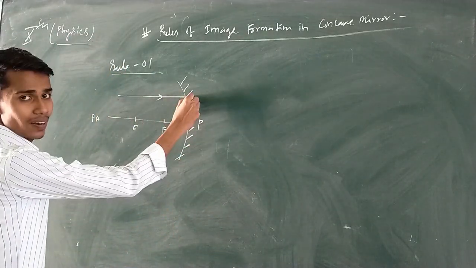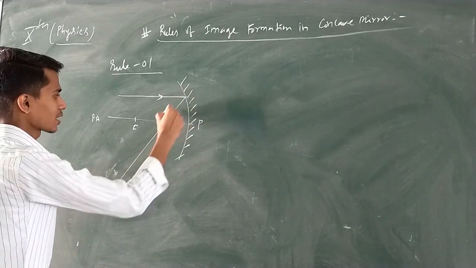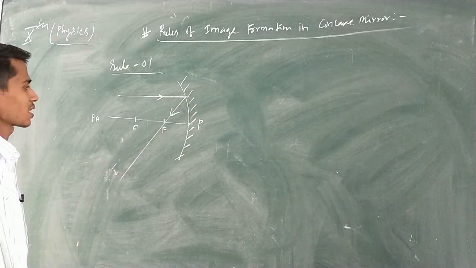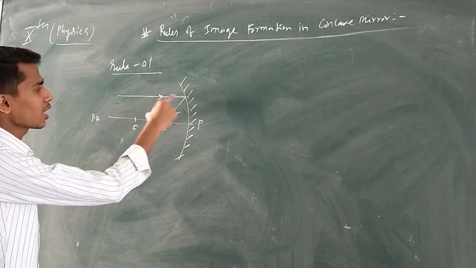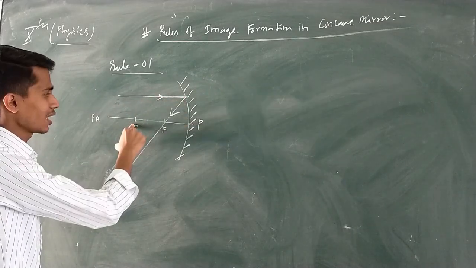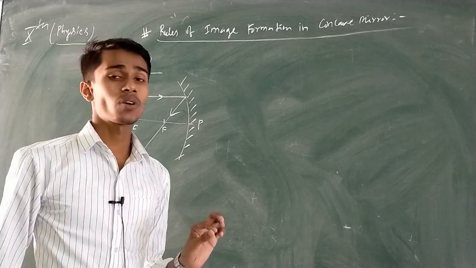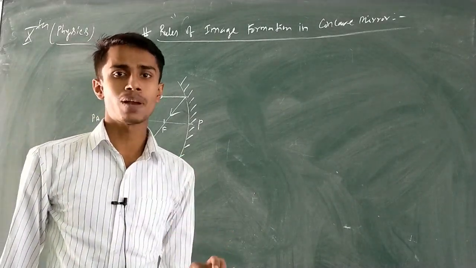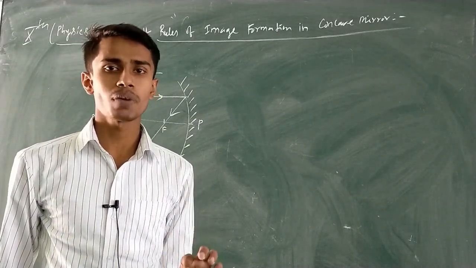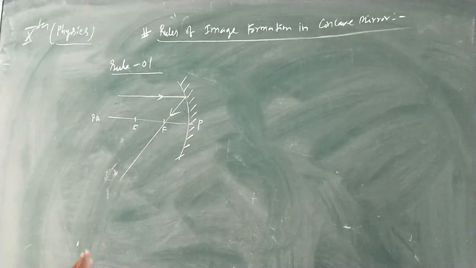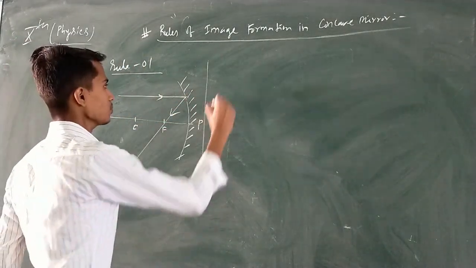ये रे ऑफ लाइट पैरेलल है प्रिंसिपल एक्सिस के, रिफ्लेक्शन के बाद ये किससे पास करेगा? फोकस से। ये रूल 1 है इमेज फॉर्मेशन का। रूल 1 क्या बोल रहा? अगर रे ऑफ लाइट पैरेलल है प्रिंसिपल एक्सिस के तो रिफ्लेक्शन किससे पास करेगा? फोकस से। हमेशा व्हाट इज द रूल? व्हाट इज द रूल नंबर 1 ऑफ इमेज फॉर्मेशन कॉन्केव मिरर? और रे ऑफ लाइट पैरेलल टू प्रिंसिपल एक्सिस इन कॉन्केव मिरर, आफ्टर रिफ्लेक्शन विल पास थ्रू प्रिंसिपल फोकस। ओके, रूल 2।